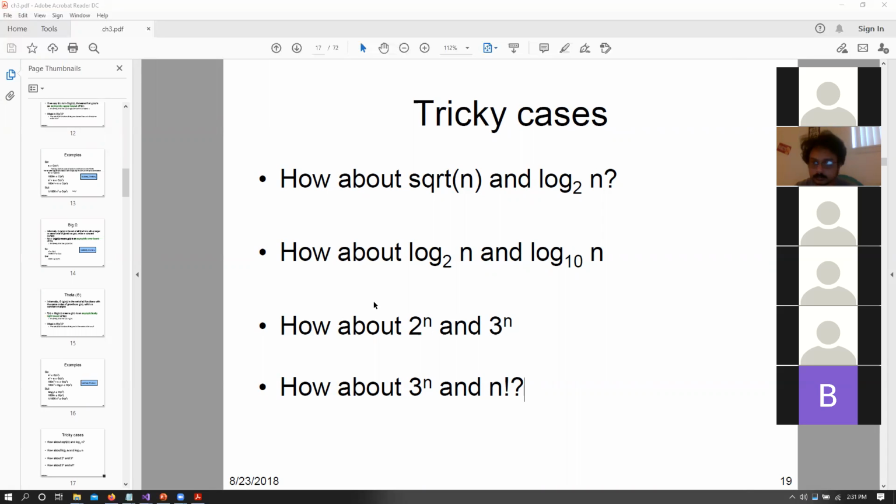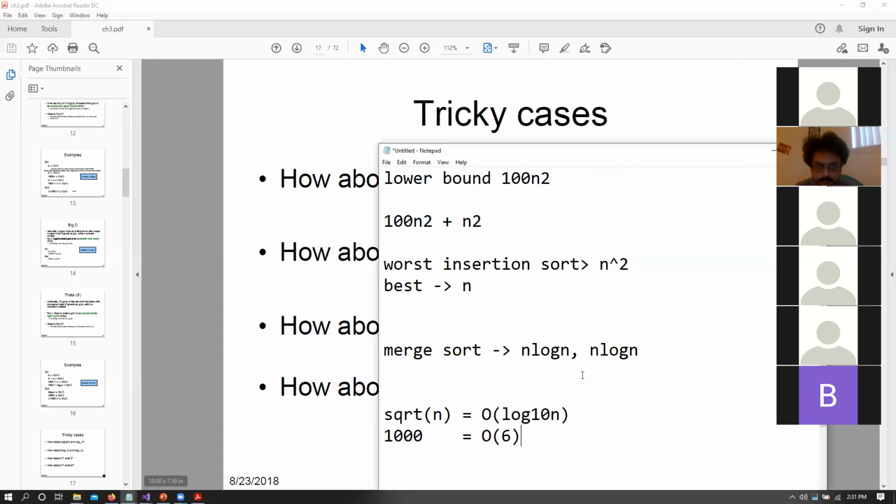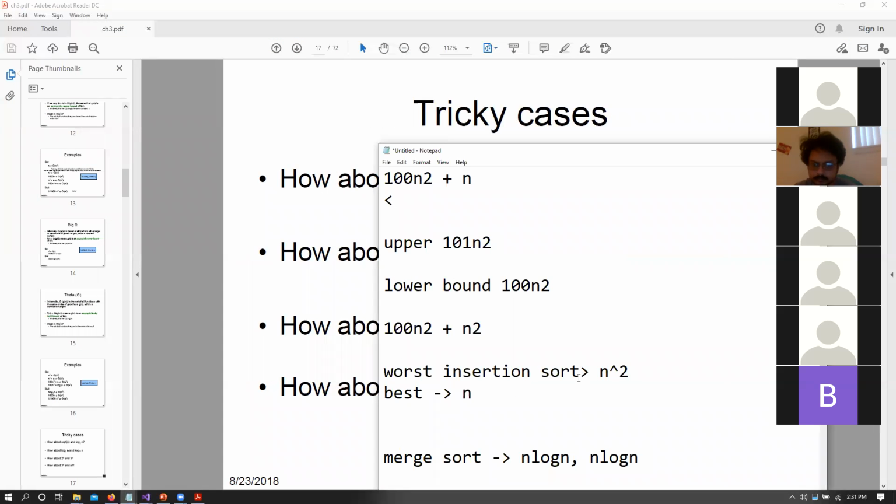I have a question on insertion sort. We can't say that insertion sort is theta of n squared, but we can say that it's big